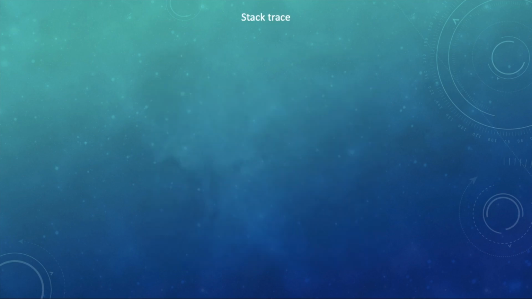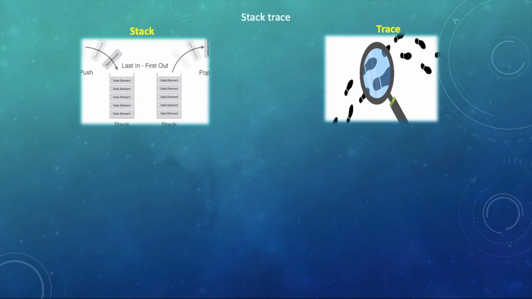Now we will go over one of the most powerful tools in the developer's arsenal for fighting errors, that is stack trace. We can also call it stack traceback or stack backtrace. In this term, we have two words, stack and trace. Stack means a pile of objects or elements which follows the last in first out principle. Consider it like a lunchbox.